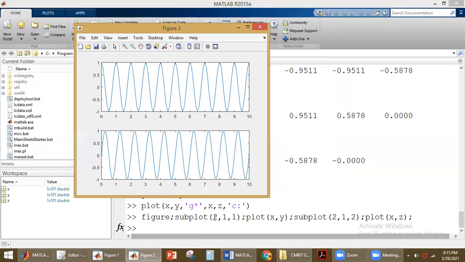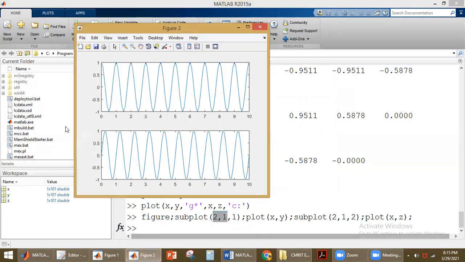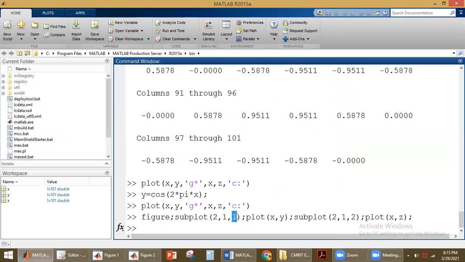See here, in the subplot we have two rows and one column, no? So it will be divided into two rows and one column. This location is 1, which indicates the first location. In the first location, the plot you want to plot is represented after indicating the first location. Similarly, after indicating the second location, you represent the plot you want to plot in that second location. Okay, so like this we can plot an array of figures in a single figure window by using subplot.